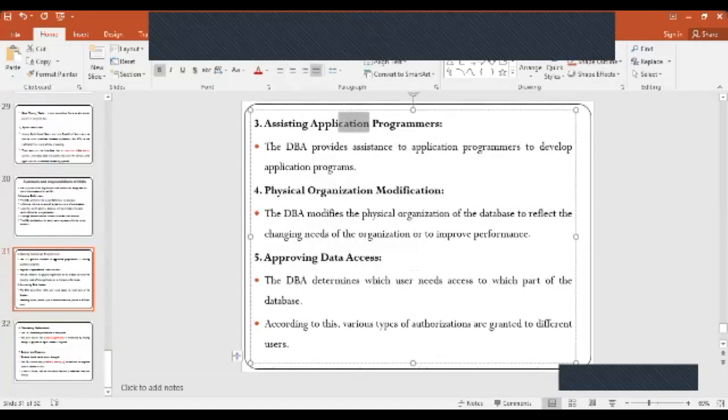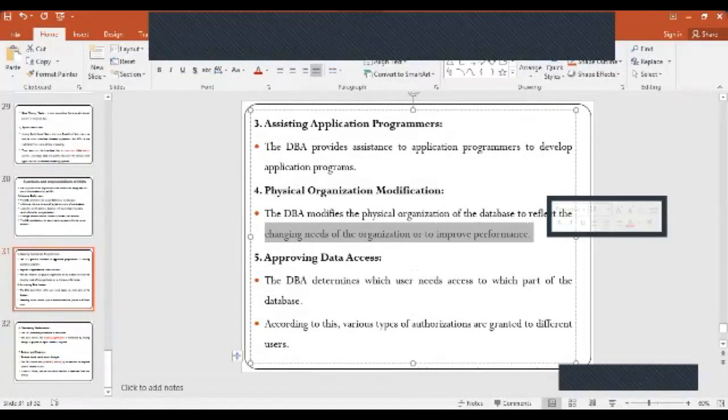Next is assisting application programmers. The DBA has to provide assistance to application programmers who develop the application programs. Next is physical organization modification. The DBA modifies the physical organization of the database to reflect the changes needed by the organization. Next, approving data access.